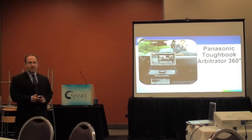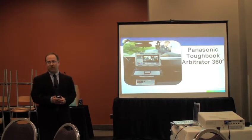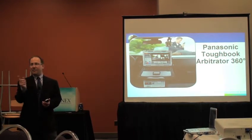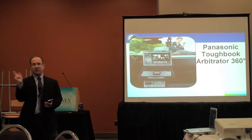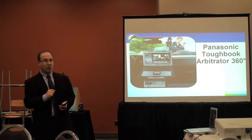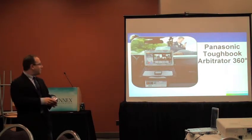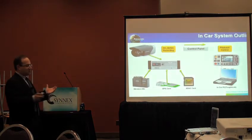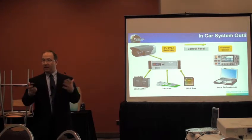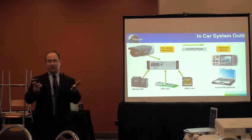Arbitrator. This product, if you haven't seen this before, is our in-car mobile video platform. And we call it the 360 because this product has the ability to simultaneously record 360 degrees around a vehicle by having multiple cameras with a simultaneous recording feed. It's a very unique device that has an SD card system and a RAID formation that make sure that all the data and the recording is safe. Since these are used primarily in police vehicles, it's critically important that they have data that they can trust and rely on